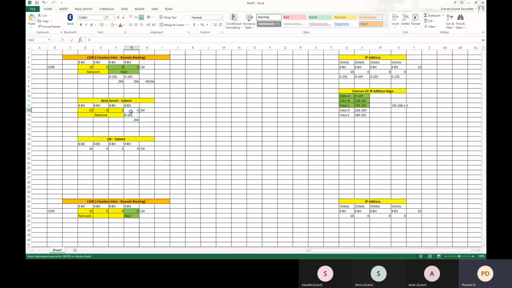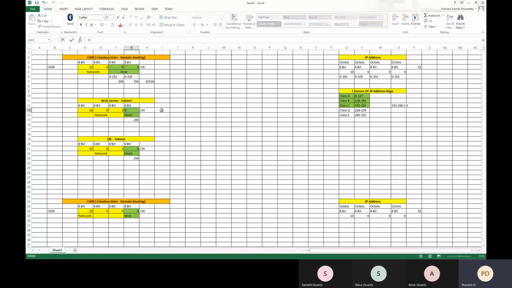Which is nothing but 256 hosts are available for me. The same way here also, the first three are reserved for networking and the last one is available for hosts. I'll arrange this properly.